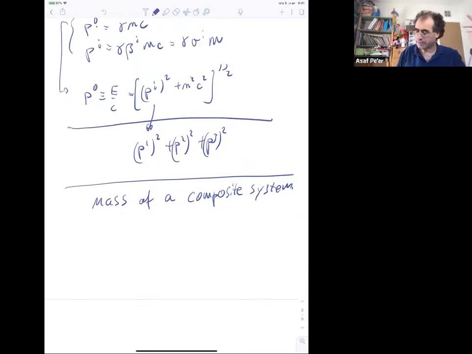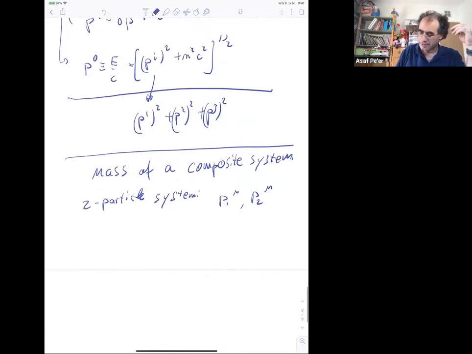I have 2 momenta, so a 2 particle system. So 2 momenta, P1 mu and P2 mu. Right, so the total mass, m squared, right? It's just (P1 mu plus P2 mu) squared